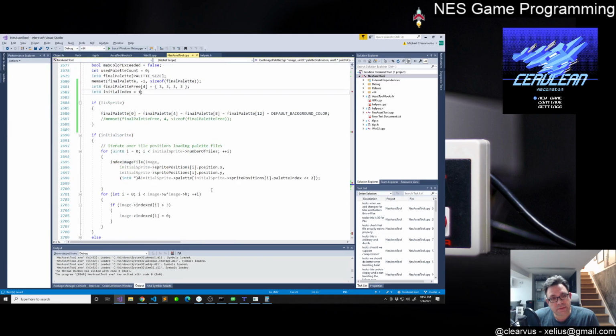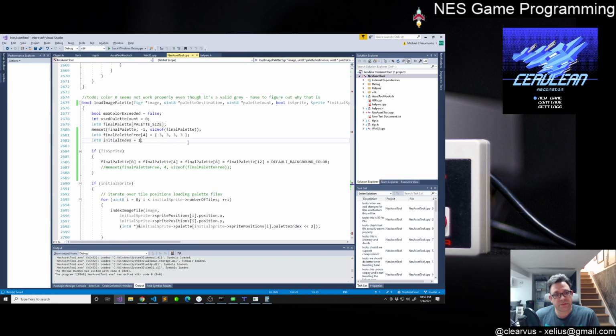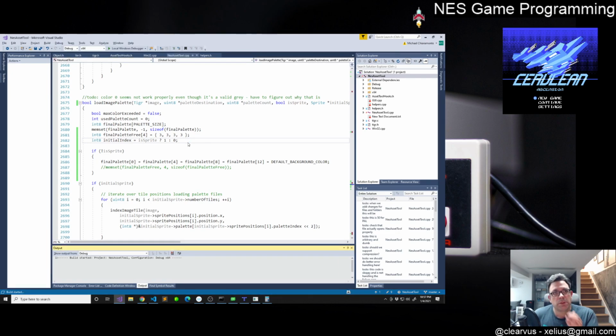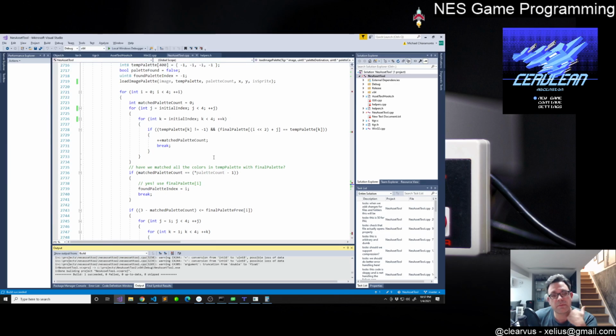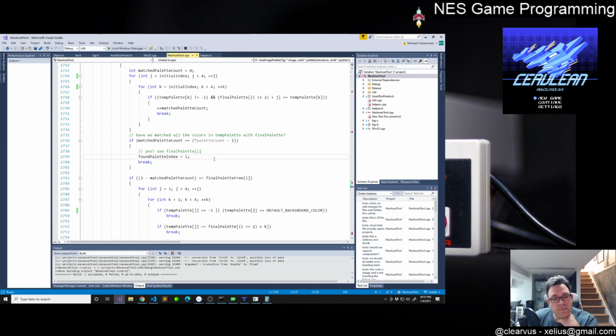So there's that. So that makes a little bit more sense why that might not be working. And then if this is a sprite, then we want to start with 1. Otherwise, we want to start with 0. So that would mean we would check and see if the background color matches, which it might, and that would be considered a match. And if the match palette count is equal to palette count minus 1,